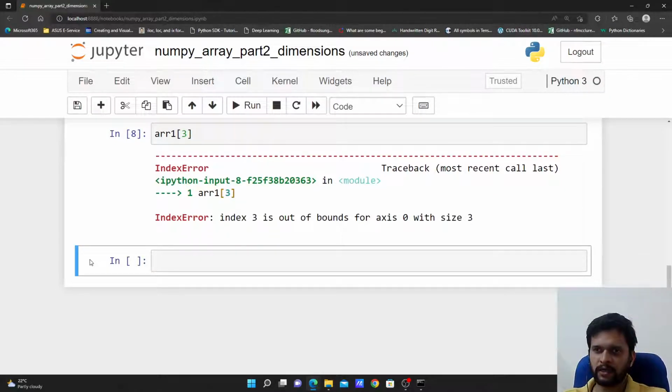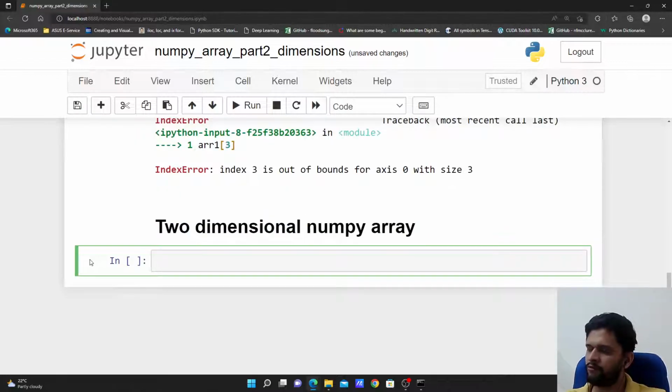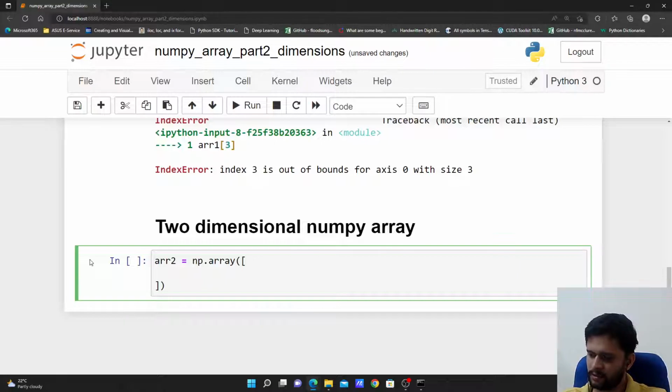Now we will see how we can create a 2-dimensional NumPy array. So let me give it a heading as 2-dimensional NumPy array. So how we can create it? Let me call it as arr2 is equal to np dot array, NumPy array, and all I have to do is I have to create list of lists here. Okay, so how I can do that? 1 2 3